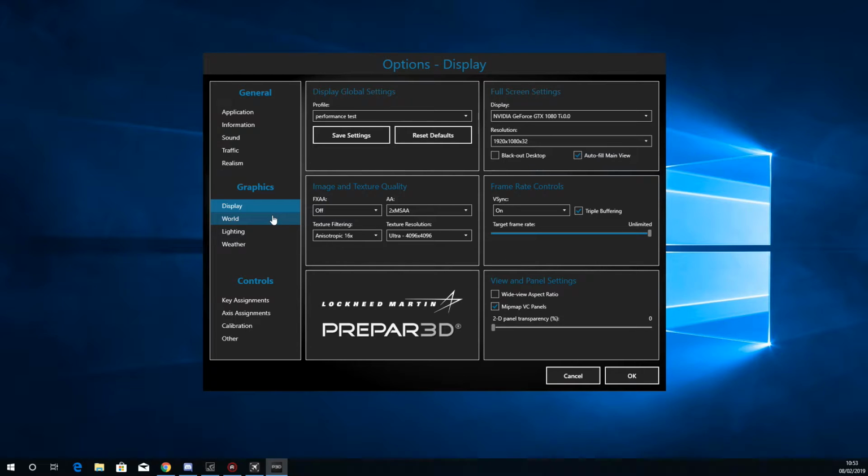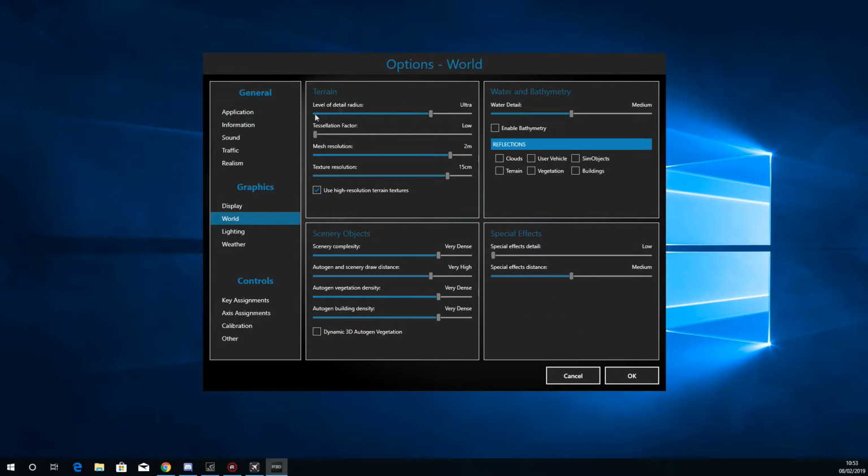But yeah, let's have a little look at the world now and how we have the terrain. So level of detail radius is ultra. We want to make sure that it basically just shows the level of distance in a big surrounding area, which I like because I don't like looking out into the distance and seeing horrible grey, weird, meshed up textures. Tessellation factor, I believe this is where your graphics card comes in to help out and stuff like that, but